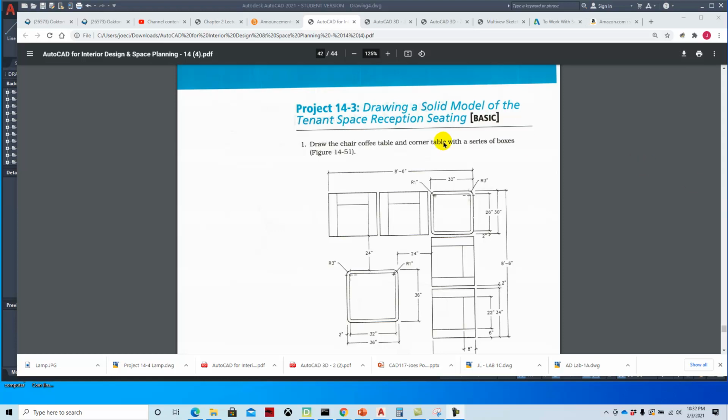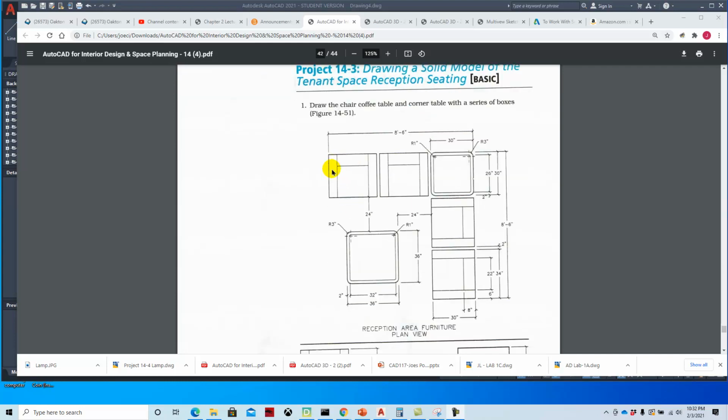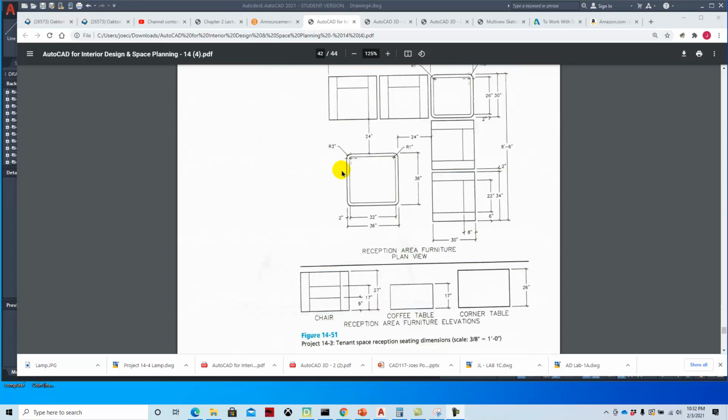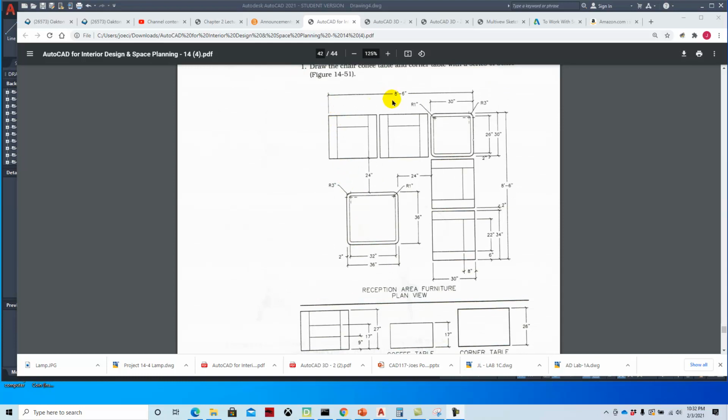Project 14-3, drawing a solid model of the tenant space reception seating. So we're going to create a basic model of this furniture, and we're going to draw these chair and coffee table and corner tables with a series of boxes. And if we look at this drawing, we have 8 feet 6 inches in width for these 3 pieces, and